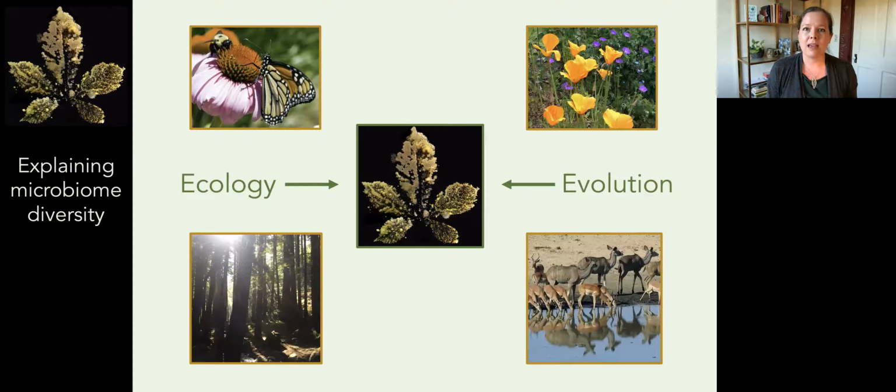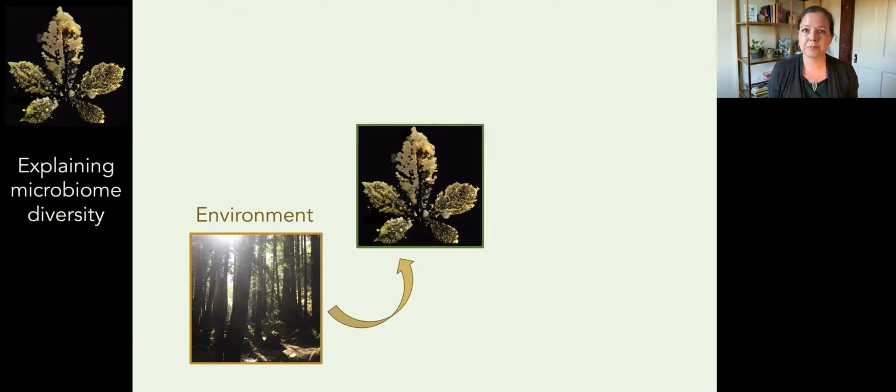The existing fields of ecology and evolution are ripe with amazing theories and empirical tests of mechanisms by which diversity is maintained. Much of what I'm interested in at the moment is how many of these ideas translate over to the microbiome, and in which ways the microbiome is truly unique.